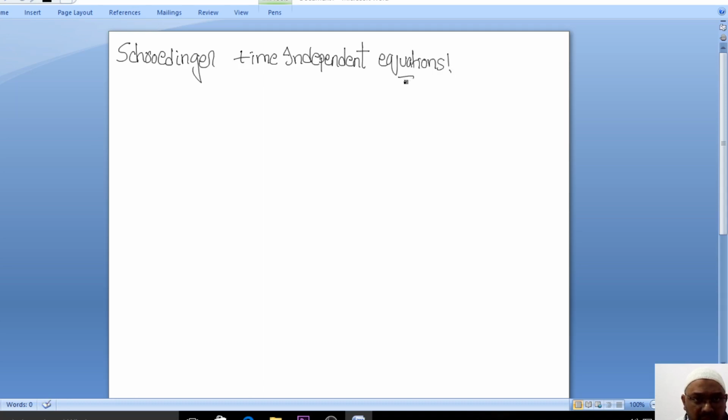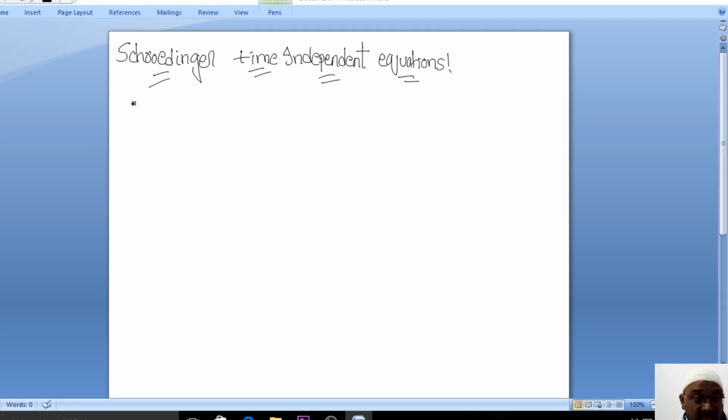right? So after this, you'll know how quantum computing will take place. This is the starting point of quantum computing. If you understand this, in the later section you can know how your quantum computers will be working, right? So now we'll start with the application of the Schrodinger time-independent equation.